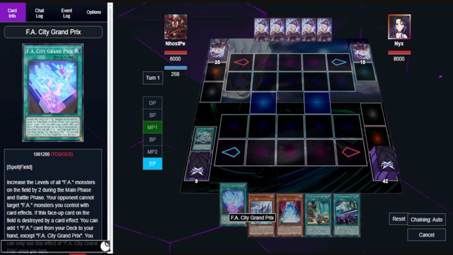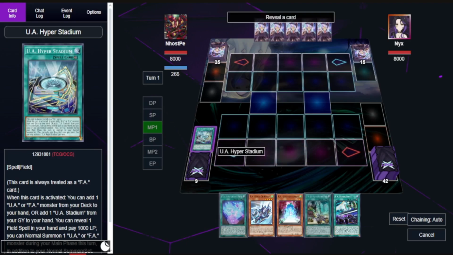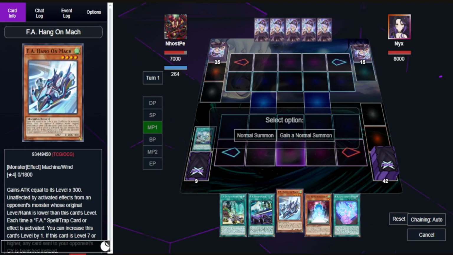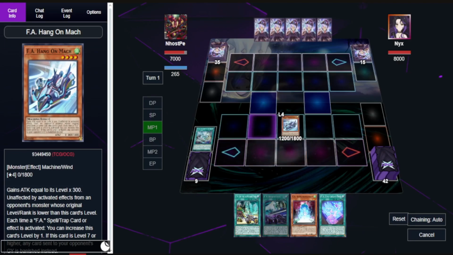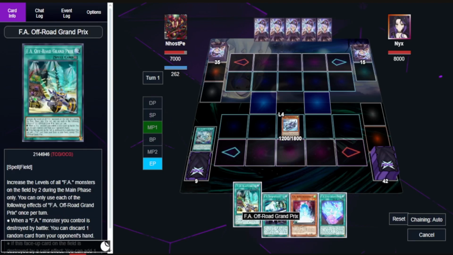This guy is a tuner, by the way. We can reveal the field spell to normal summon again. Reveal field spell. Pay 1,000. Then we can do a free normal summon. We can normal summon Hang On Mock using the extra normal summon here. Then we can... Oh, why would I chain that? So we did that. Now what we can do...